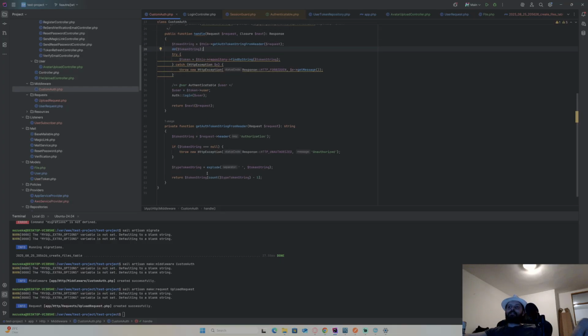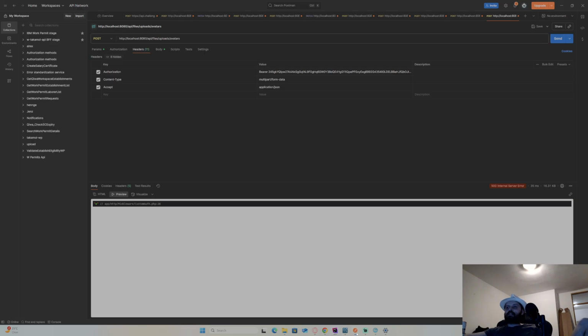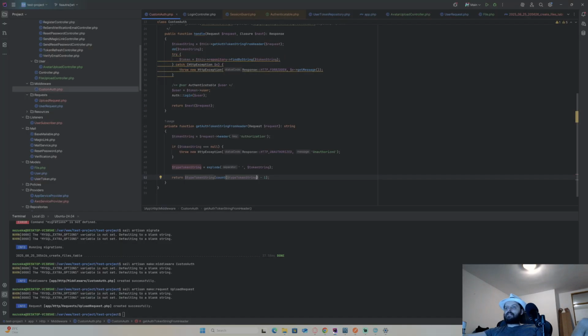Authorization token string. Explode token string on empty. Token type string. Okay, token type string count -1. Now it should be fine. Right, now it's fine.